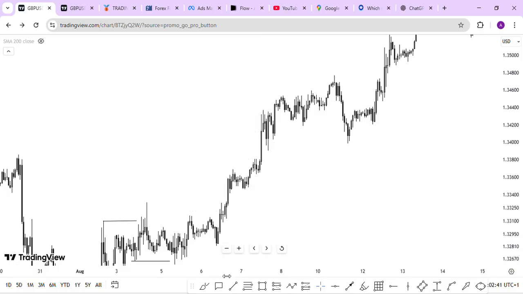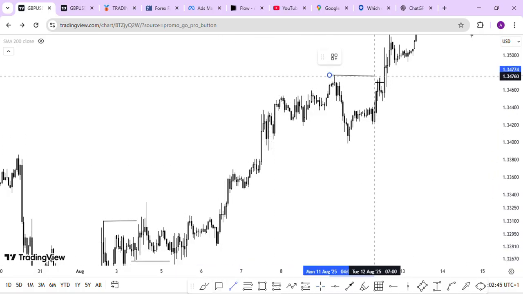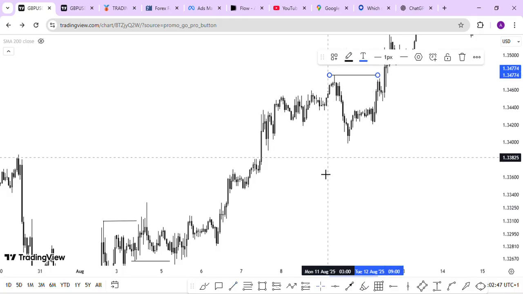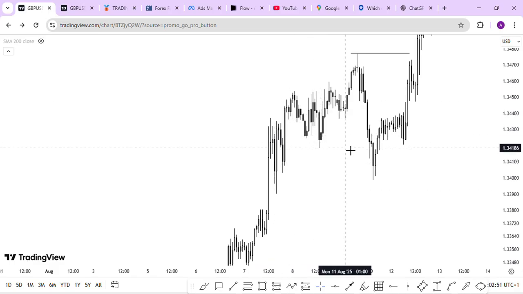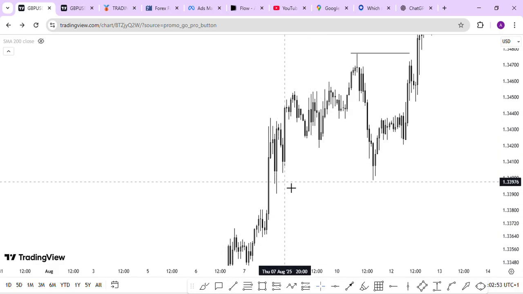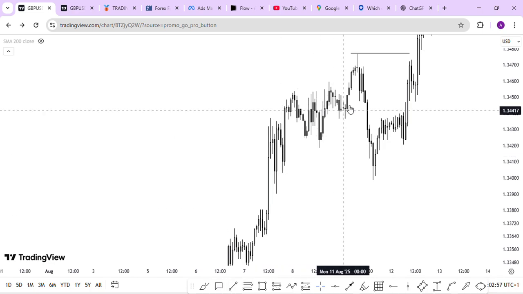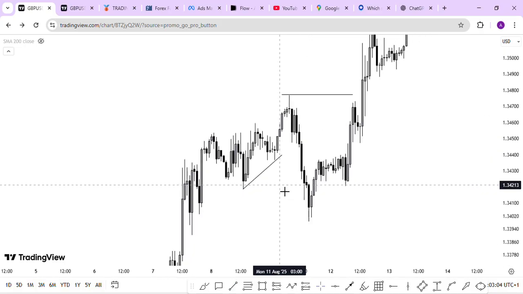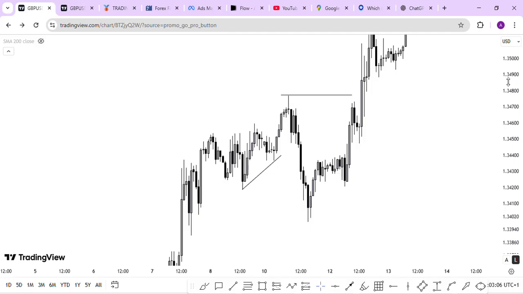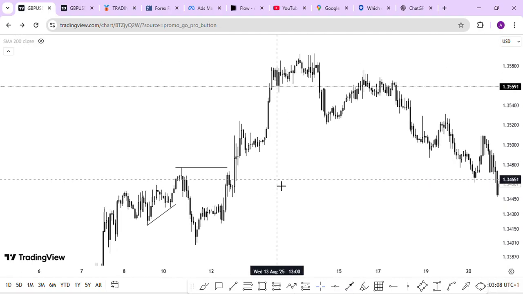As you can see, the market continued pushing up, broke structure here. We also broke structure here. So you can see that the market continued pushing up. Use all this as liquidity. Sorry, use all this as liquidity. Then the market continued pushing up. So this is the current state of GBP USD